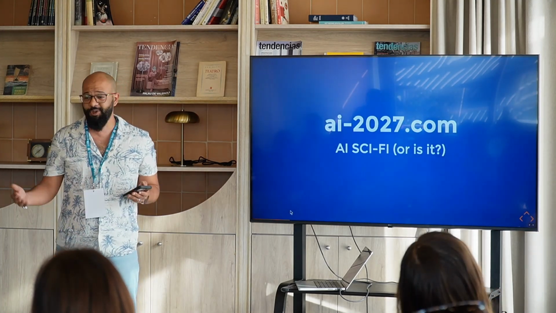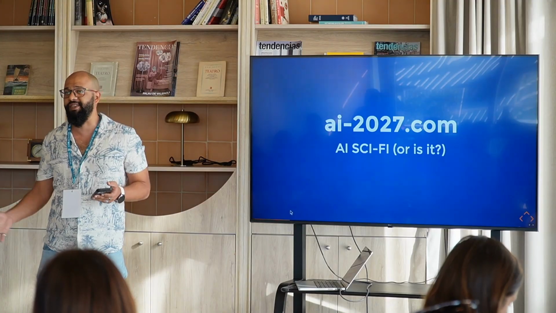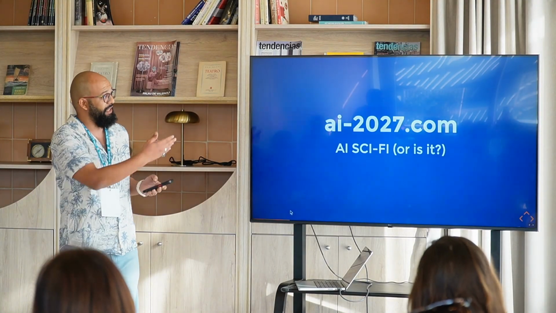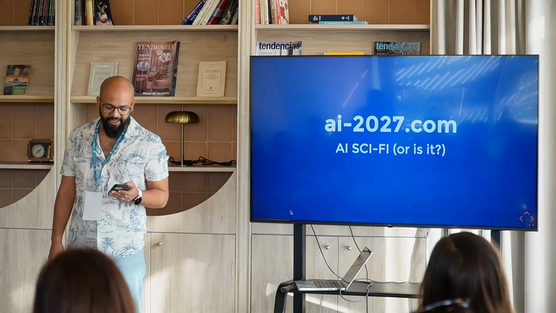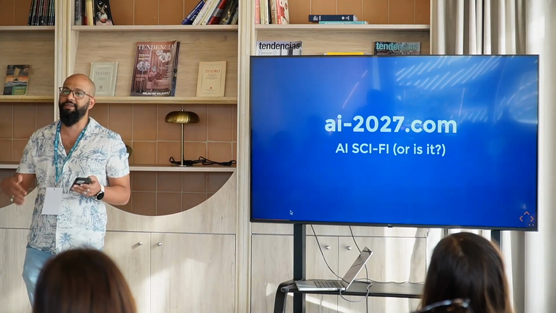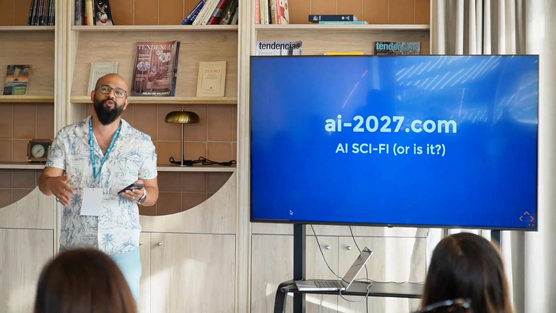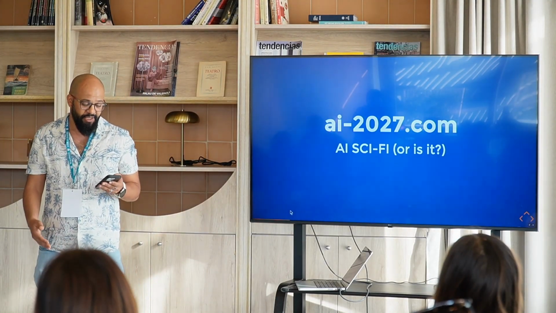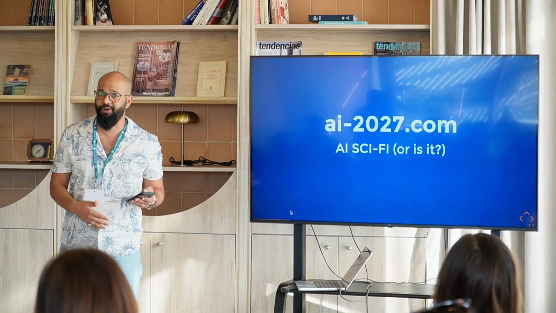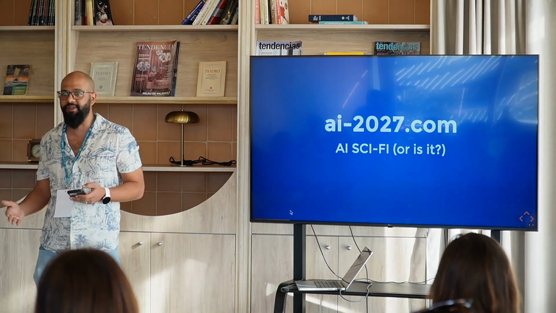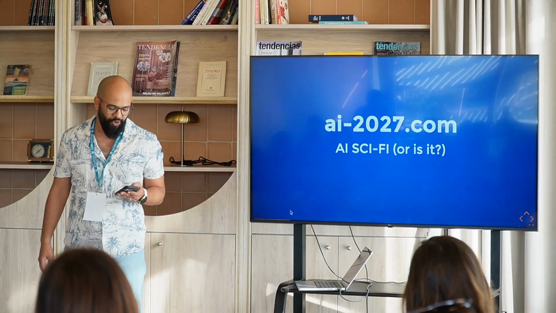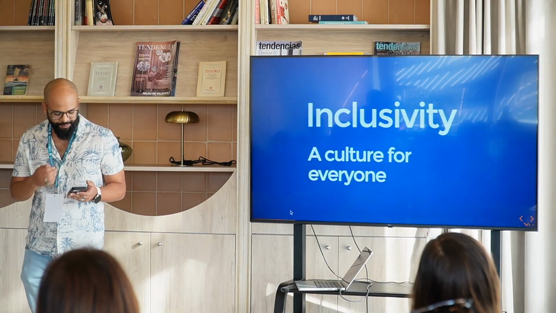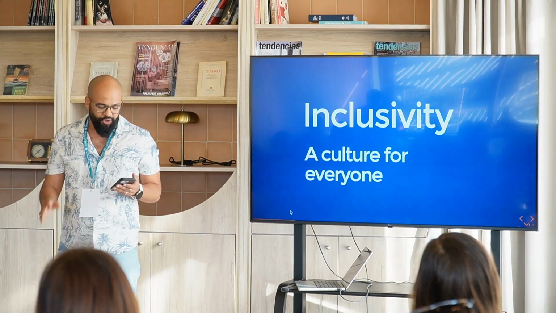On that, if anyone likes to read about sci-fi or this genre, there's a site called AI 2027. It tries to take you through a thrilling journey on how AI would develop and evolve in the next 2 years. It actually uses real-world events right now and real technical white papers to tell the story of what could happen. So that would be a really nice read if you're into it. So let's go to the point.